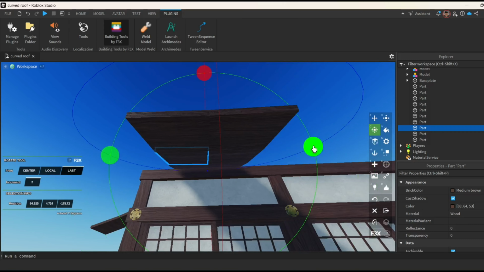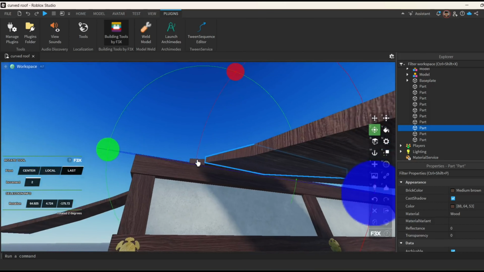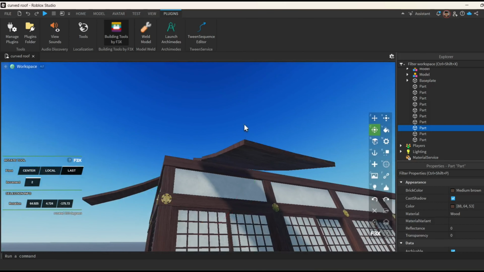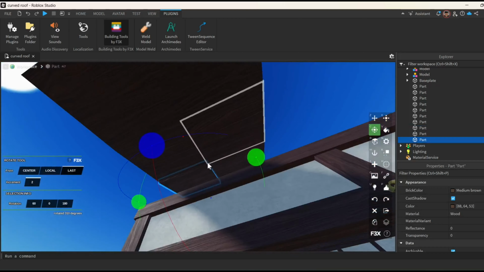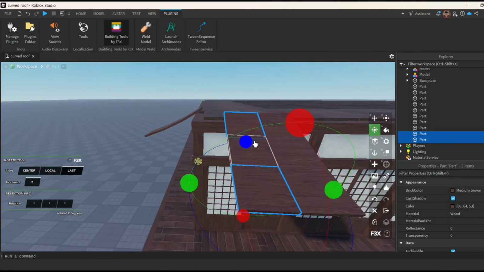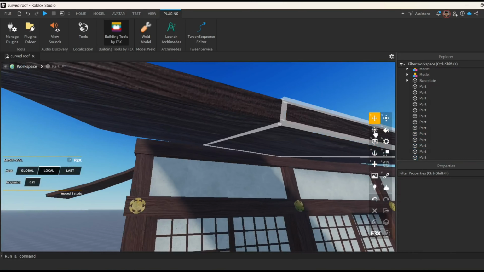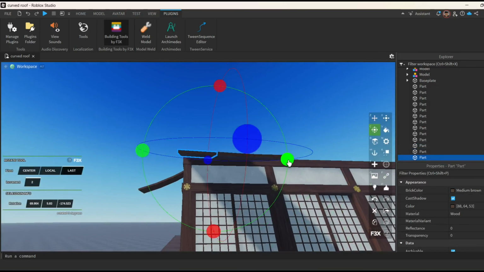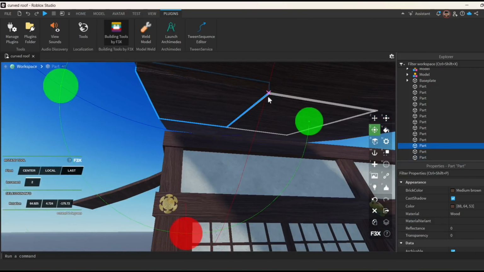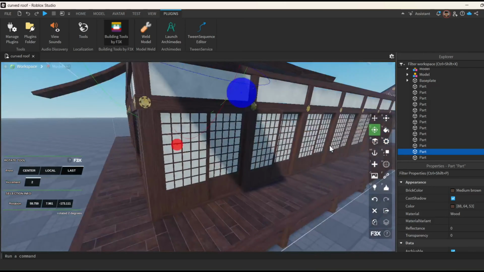On each individual part. And this can take a long time. So I will show you the faster way to do it, or the automated